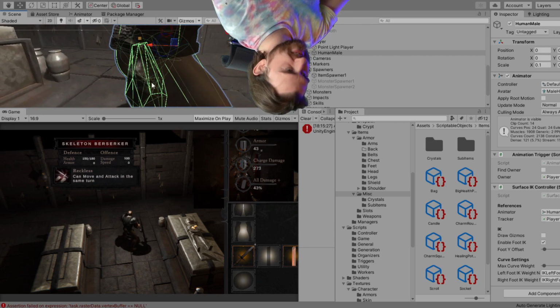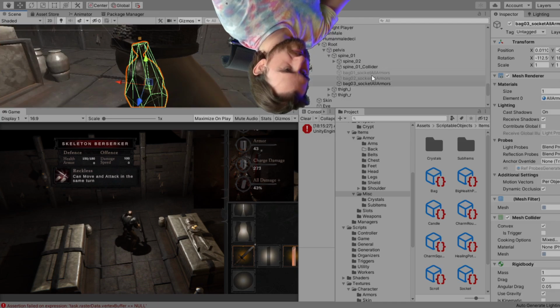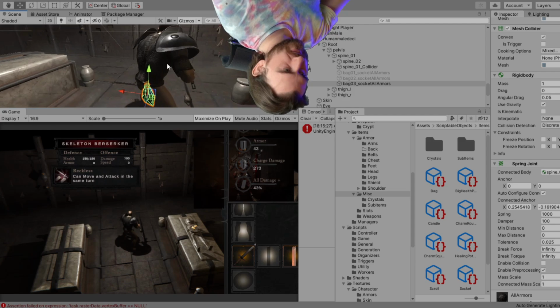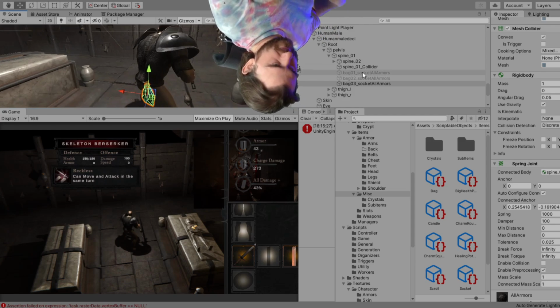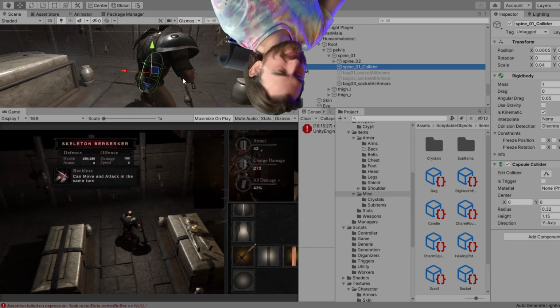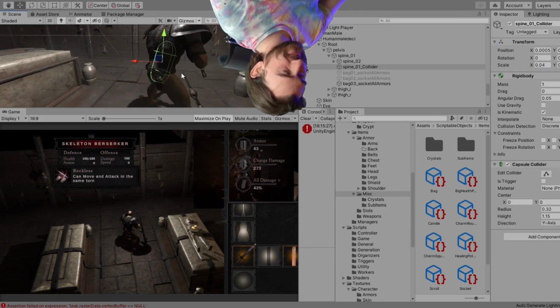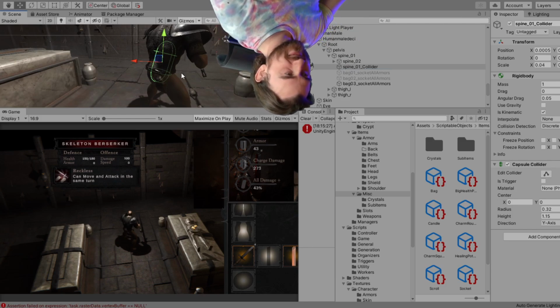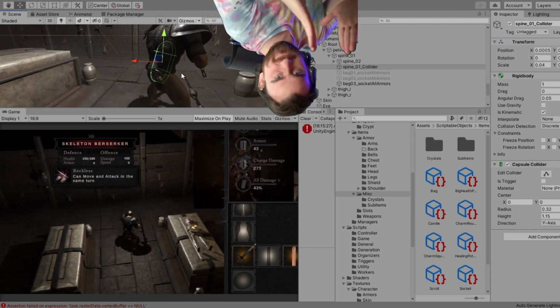And then these things here are just attached with a spring joint to this collider, which is just the body collider. And that's how they have physics. And it looks a little bit cool when you walk around and the things actually move, when they're not just